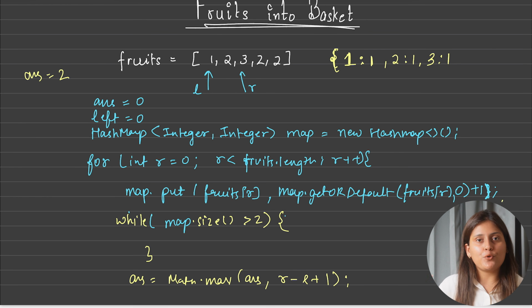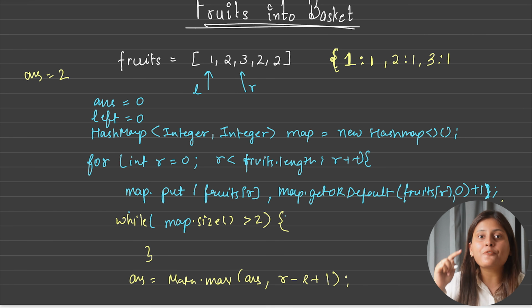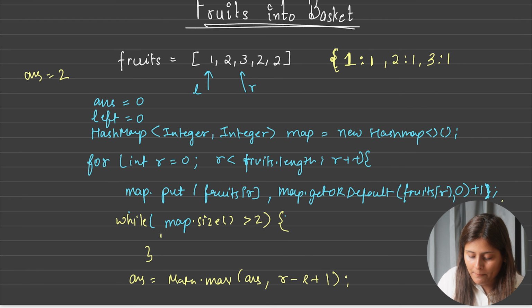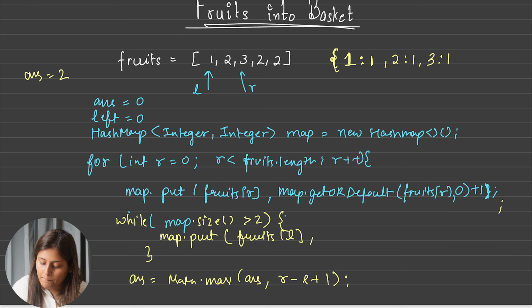Now what we have to do is shrink. If you remember, in the summation we added into a sum variable, that is why we subtracted from the sum variable. But here we added in a hash map and increased the frequency. So now our task is to remove it, but first we have to decrease the frequency, correct? So how can I decrease? I will say map.put, the new value for fruits of left pointer, because we are shrinking from the left side. What value do I want to put? I want to put map.get of the current value of fruits of left, and whatever the value is, I will subtract 1 from it.